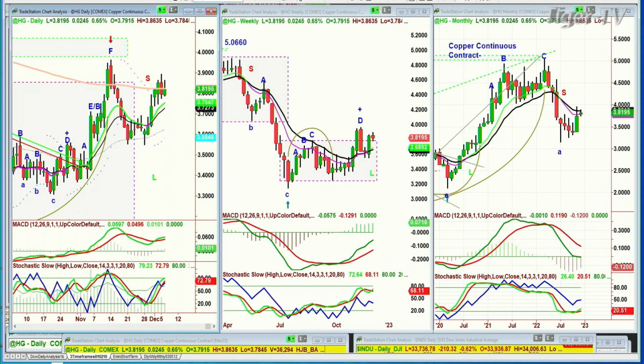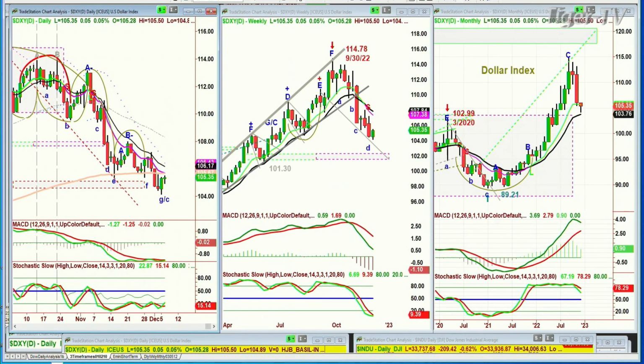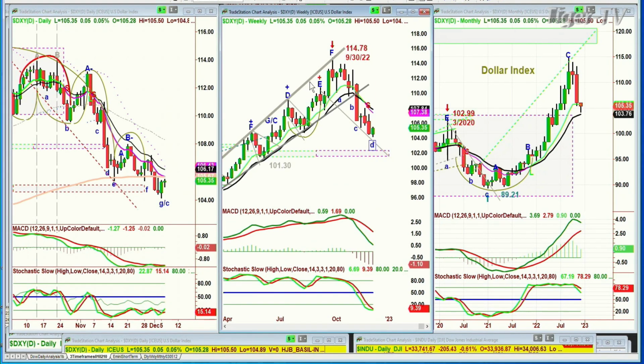The dollar is struggling to come off the low. It's up 5 ticks at 105.35. And that 200-period moving average, it's just been sitting around there for the last 3 weeks. It just can't get away from it. It's like a magnet. And there's your peak F in the weekly, and it's gone to a leg D to the downside. There's your key support level in the dollar. I'll be back in a moment.